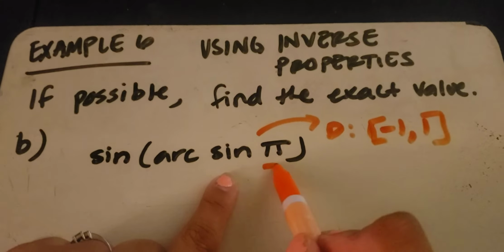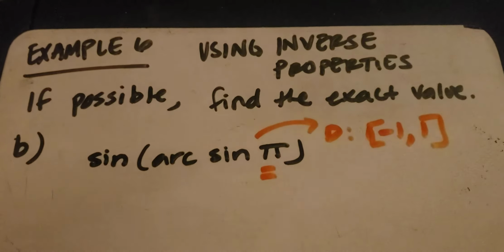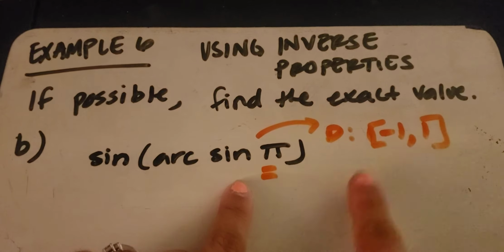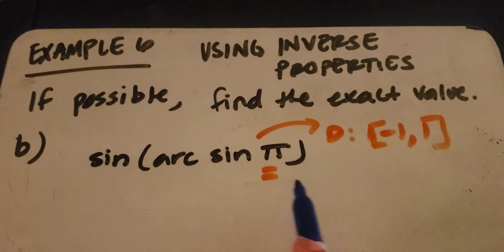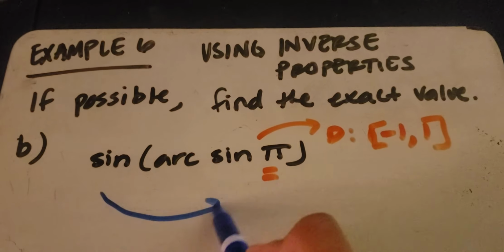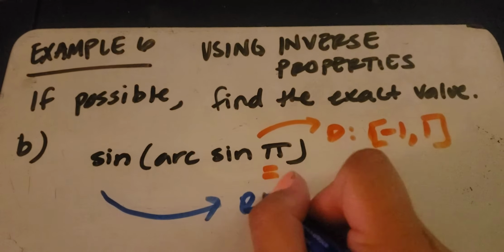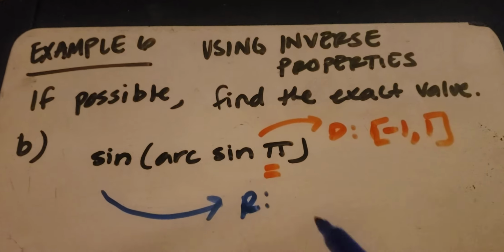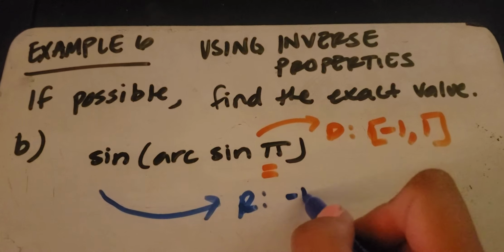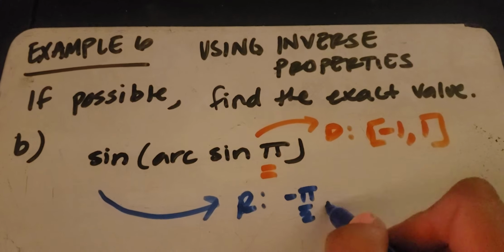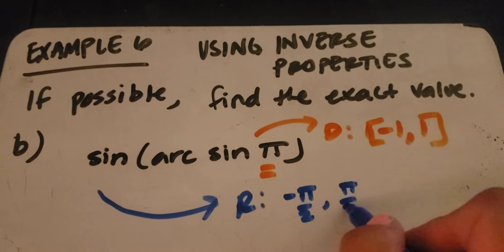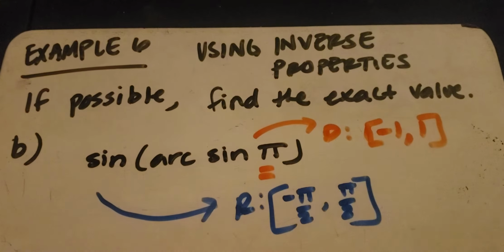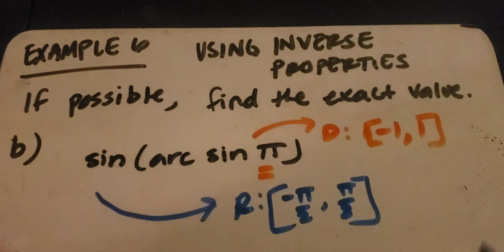If you don't understand that because it's pi, another way of thinking about this is, if this is the domain of the inverse, then this must be the range of sine. And the range of sine goes from -pi over 2 to pi over 2. Now, pi is basically outside of the range